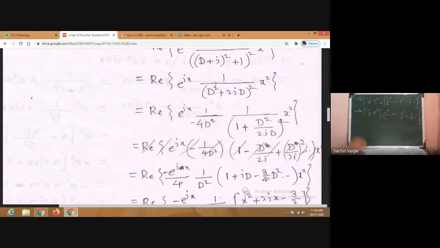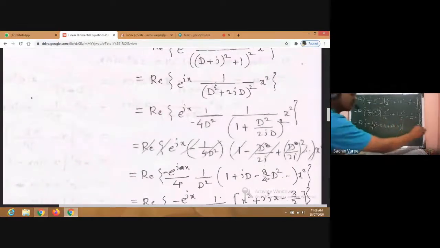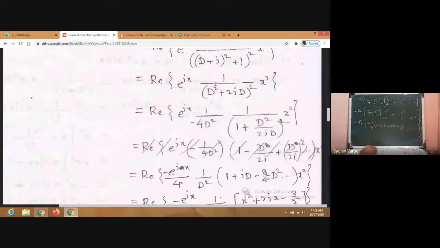Okay, fine. So now let us write the Euler formula for this, because it's time to separate the real and imaginary part. So minus 1 by 4 e raised to i theta, how will I write it? Cos theta plus i sin theta, and this is the whole. So now I will multiply these two brackets separately, and then we will write the separate real terms in one bracket plus i times imaginary part.